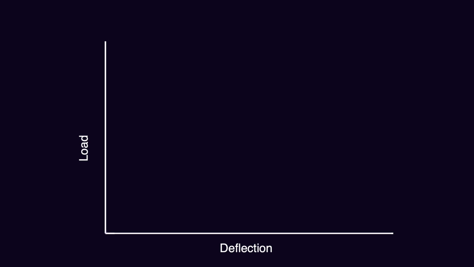Let's put all this information in a graph. This graph is called the load deflection graph. How much load I applied, how much deflection I get. As you can expect, at the start of this graph, there is no deflection inside the wire. So the line of the loading of the wire crosses both axes at the zero point. Now, if you're increasing your load, the deflection goes up, goes up, goes up until you're reaching a place